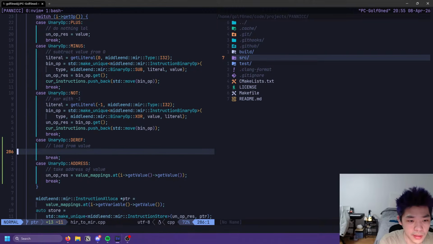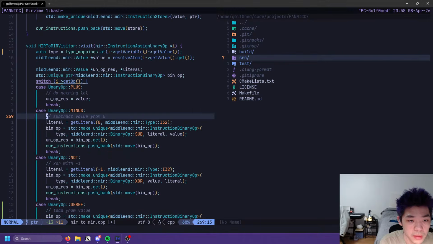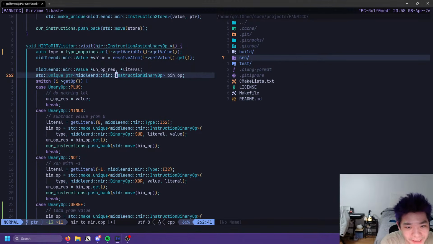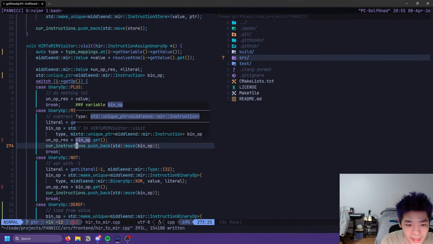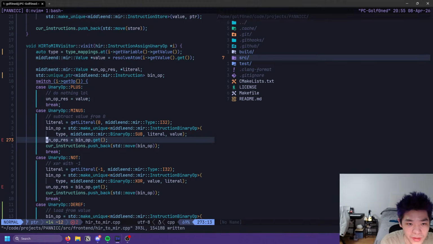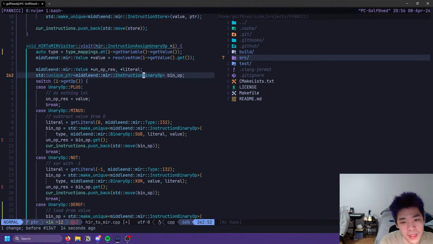Let's yank that. Let's paste that. What type is this? Oh, it's a binary op. Oh, that's really annoying. Huh, okay. What if we make this just an instruction? Like that. It appears to really not like that. What is unary operator? Oh, I see why we can't do that.